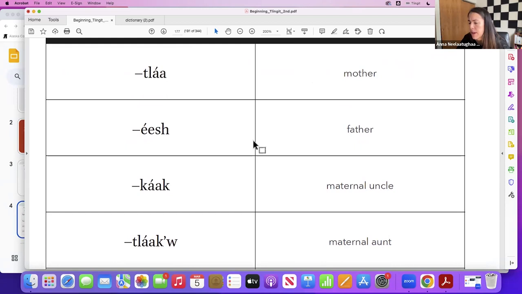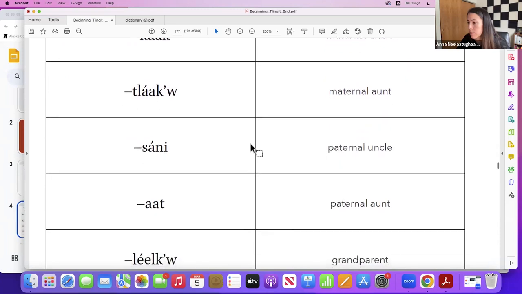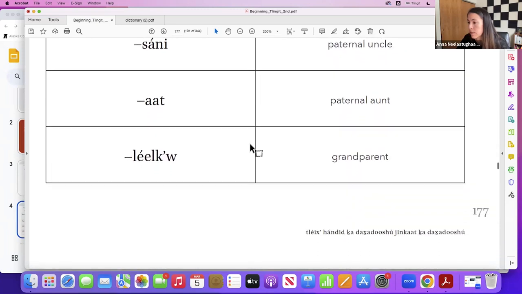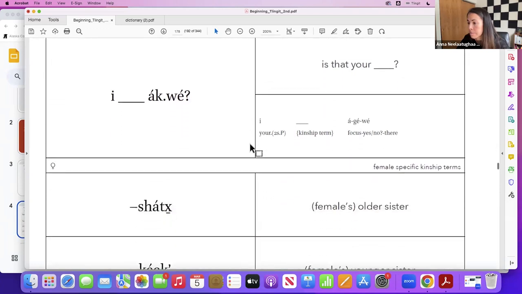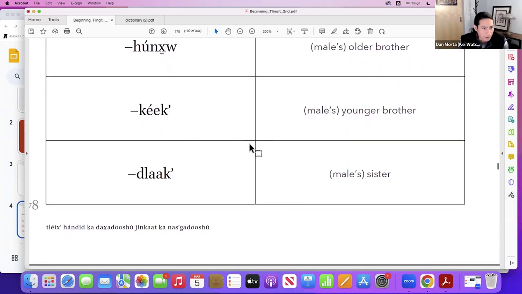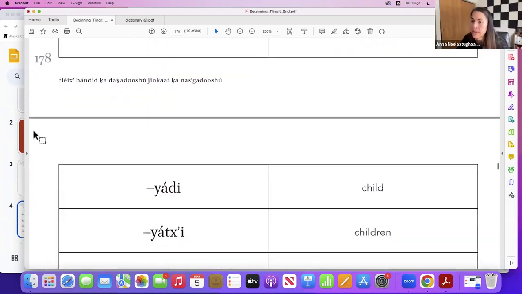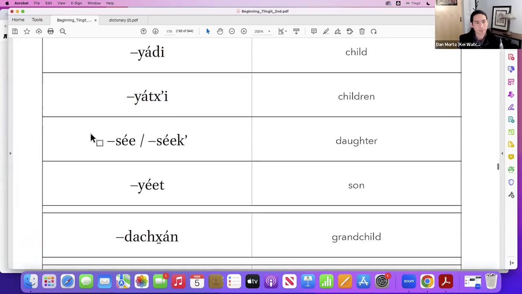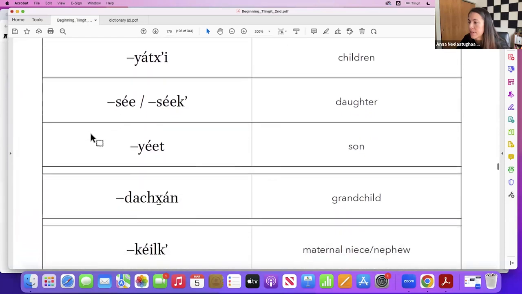176 is where I'm at in this for future reference for anybody, but I have all these kinship terms. Klij is parent. Yeah, I remember looking at this before, and maybe not being able to find it. Okay. Sure, 176, it's in there. There's good ones in here.